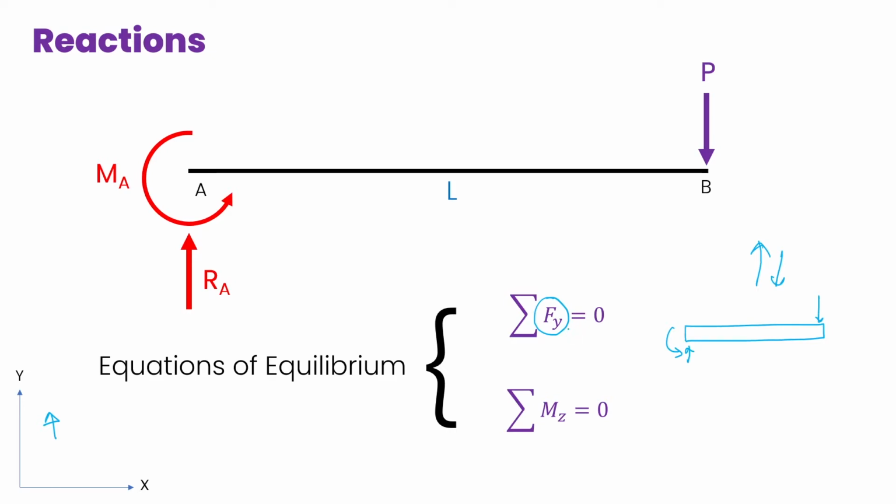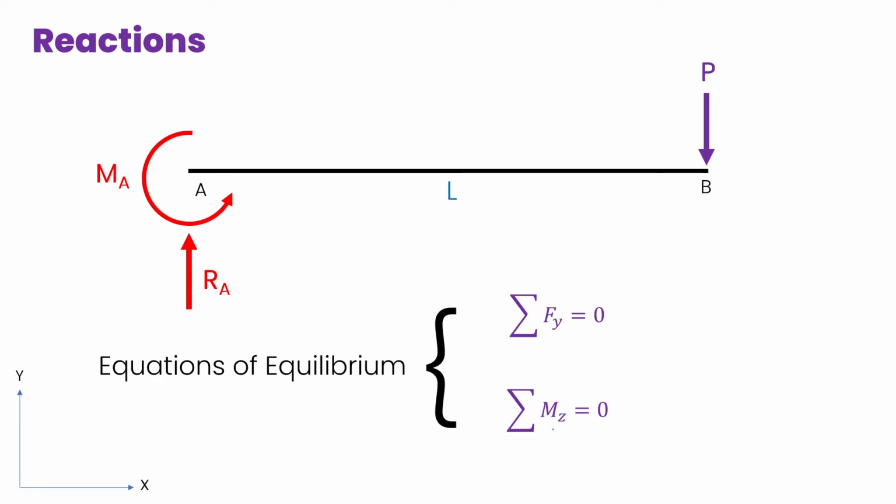Now we have not taken x because we are assuming the forces only in this direction and no components in this direction, and hence only this is the force which is happening. And thereby, by knowing that this is a stable structure, this is not moving, and hence in equilibrium. Once in equilibrium, it cannot move up and down. So once it cannot move up and down, the summation of forces in the direction of y will be 0. If it is not 0, what that means is this will not be a stable structure.